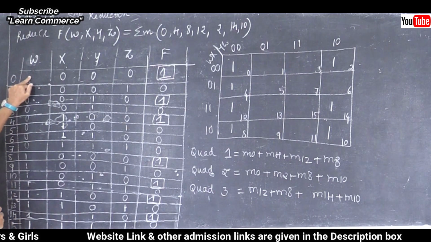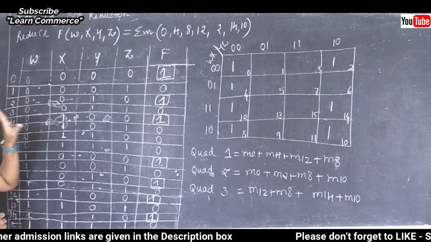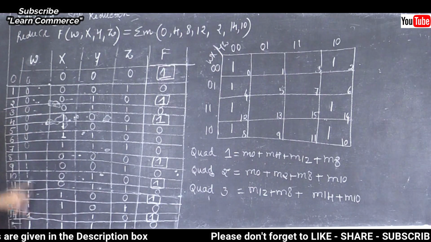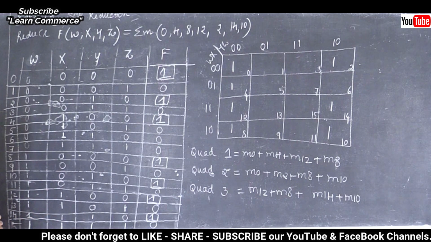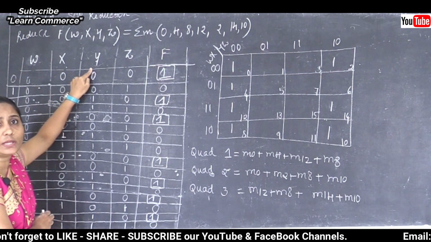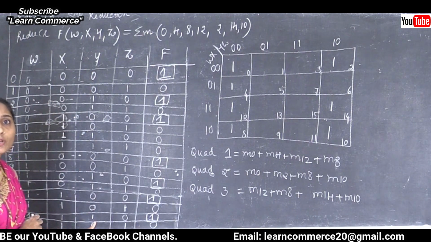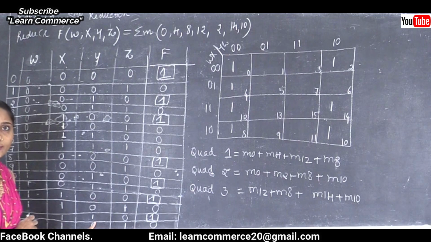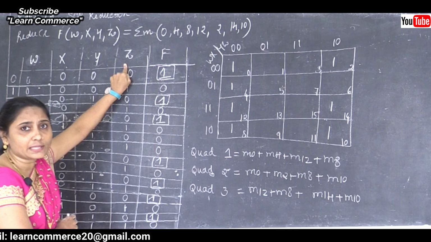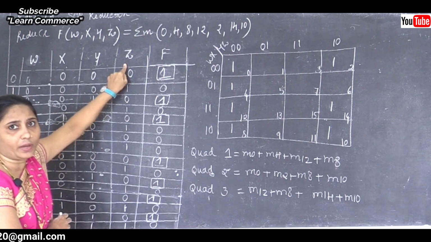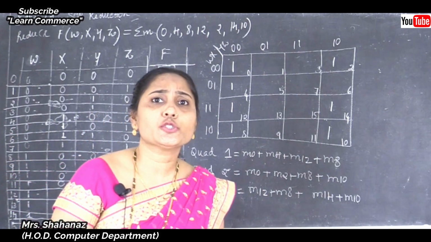Now for the first column I am using the values as 8 zeros, 8 ones. For the second column, X, 4 zeros, 4 ones, 4 zeros, 4 ones. For the third column, the name of the column is Y, 2 zeros, 2 ones, 2 zeros, 2 ones, till the number from 0 to 15. I am going to continue like that only. And for the column Z, I am using very simple numbers, 01, 01, 01, 01. So is this point clear? First of all, we prepare the truth table.